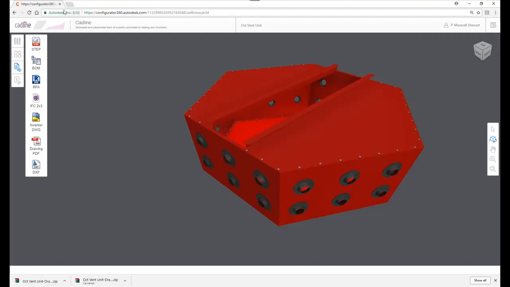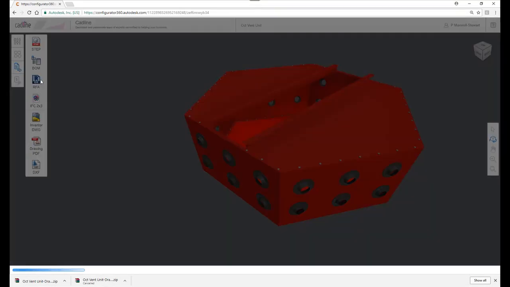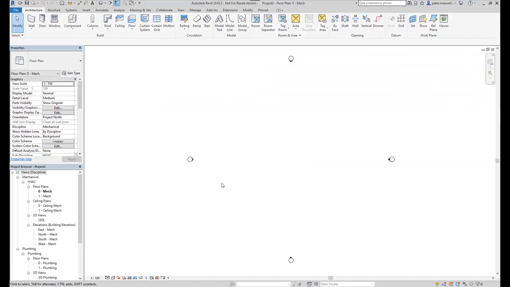And then we can also look at the BIM formats. So we can download an RFA, which is the native Revit file, and it might take a moment just because the internet speed is slightly slow, but we can then take that across into Revit, and you can see here,